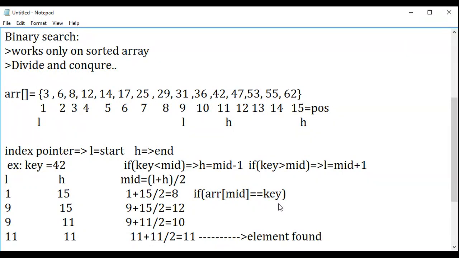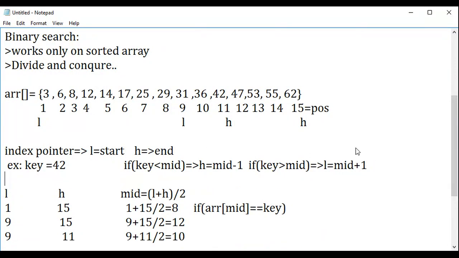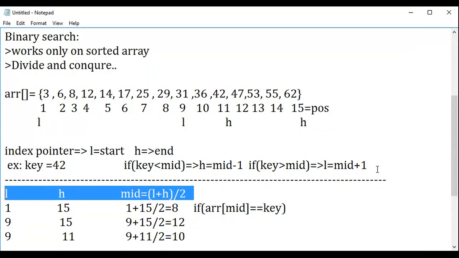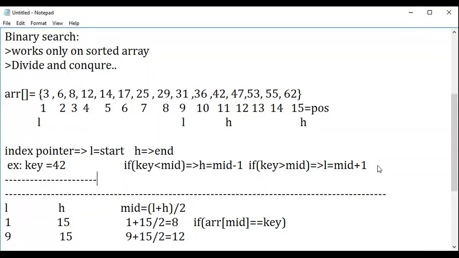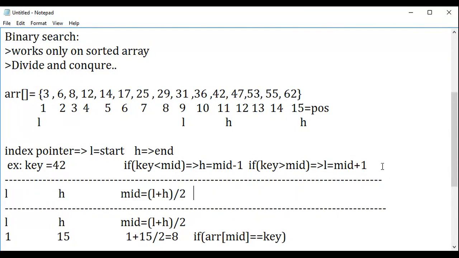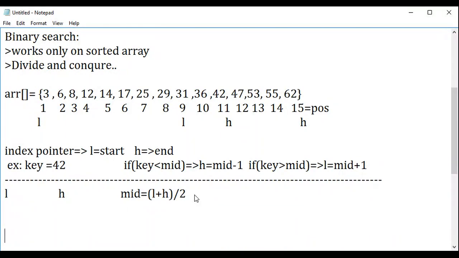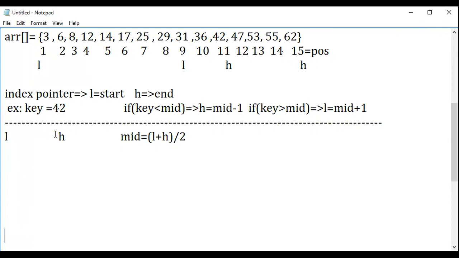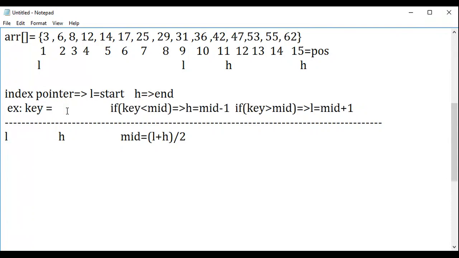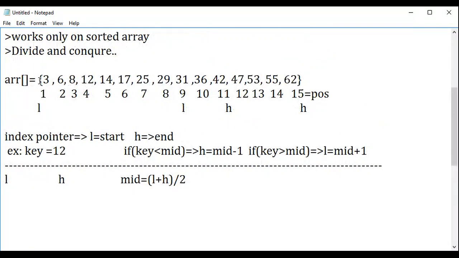Let me give you two more examples, for the right side. Let us take two more cases where the element is there and the element is not there. Okay, so let me do one thing. I'll add one more case here. So right now, let us consider one more scenario. Guys, is this clear? Even so, let me give one more scenario for better clarity. The key element to be searched is 12. The element is present in the array.